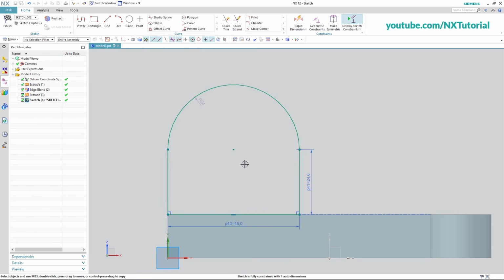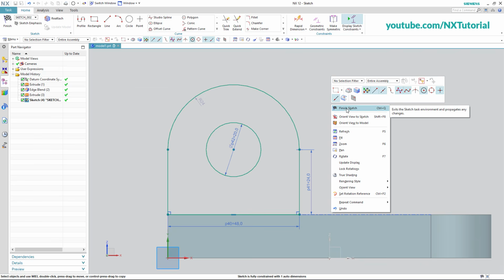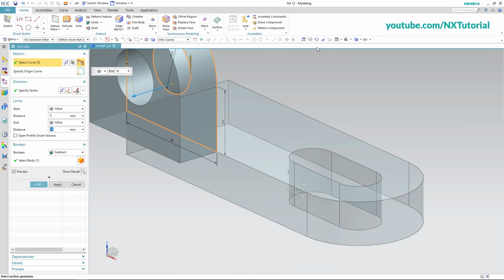Then press middle mouse button, then we want one more internal circle of diameter 20. For that, click on circle, click on the center point, take your cursor away, specify 20, press enter, and press middle mouse button. Right click on finish sketch, then zoom fit,